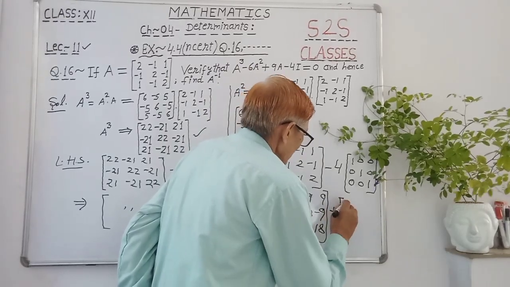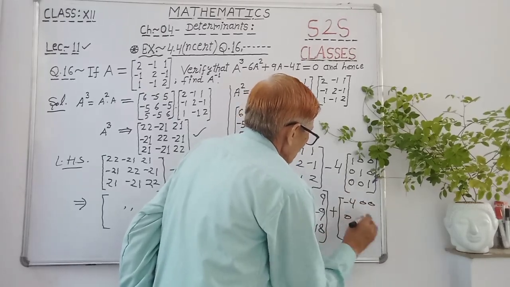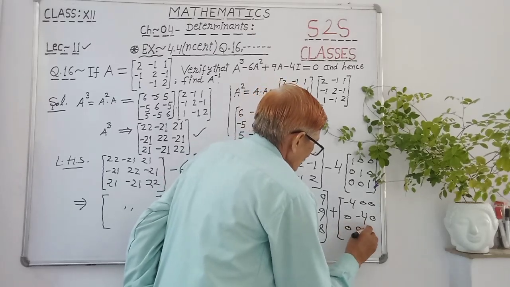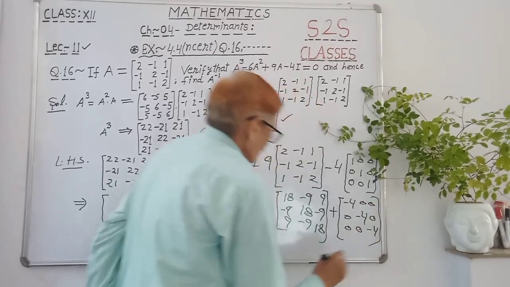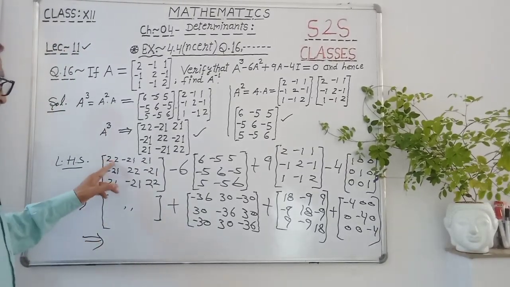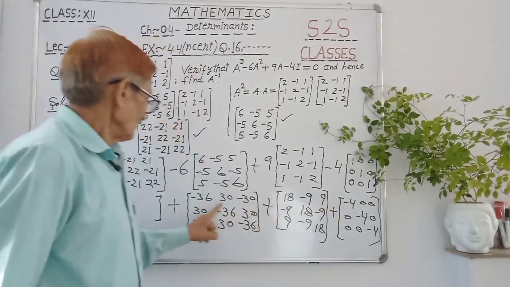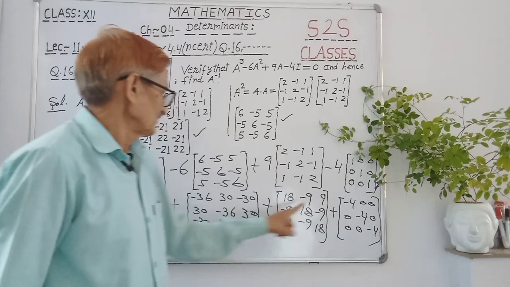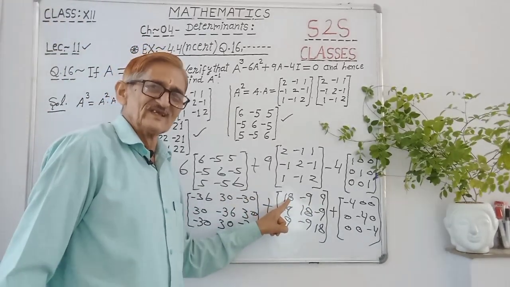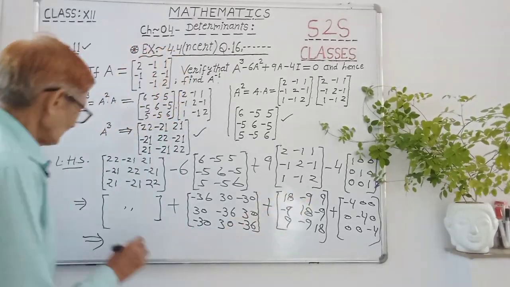प्लस कर दो एंड माइनस 4 कर दो अंदर, माइनस 4 की मल्टीप्लाई. ओके, 0 minus 4 0, 0 0 minus 4. Corresponding element add all. Okay, add 22 minus 36 plus 18 minus 4. तो minus 36 minus 4, minus 40, and plus 18 and 22, 40. ठीक है बेटा, तो 40 minus 40, then 0.